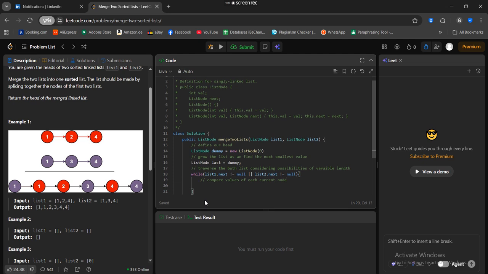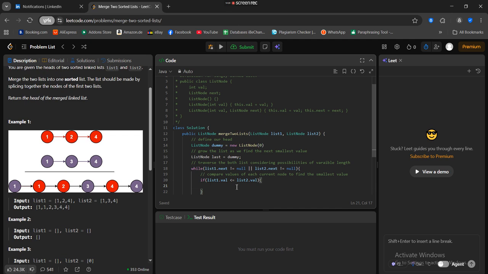So we're going to check the current node to find the smallest value. So we're going to check if list1.value is less than or equal to list2.value, right? We want to